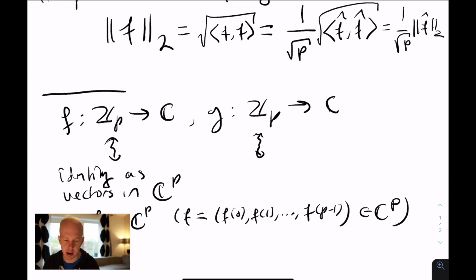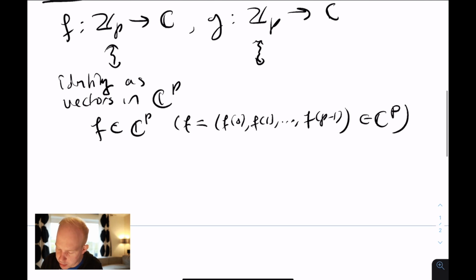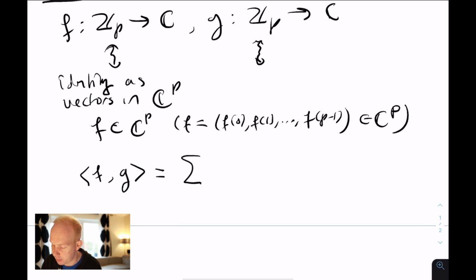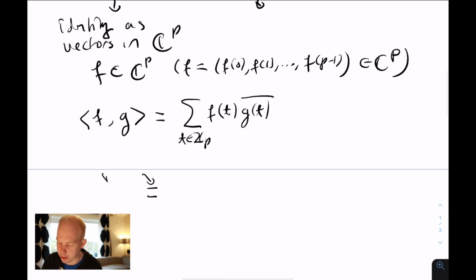So it has R^n or something like this, just complex numbers in the plane. Now if you think about the inner product, for example, f inner product g, this is really an inner product that you would see of the vectors. So this becomes this summation if you open this up, f(t) and g(t) bar, t in Z_p. And what is this saying basically? That as vectors, if you compute the Fourier transforms of these things, this is the Plancherel,